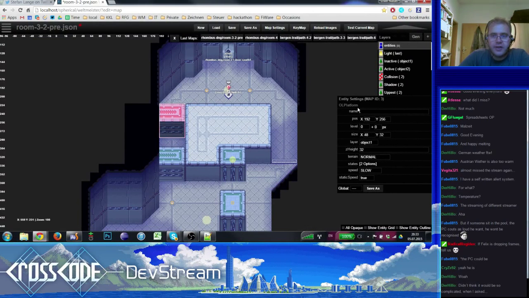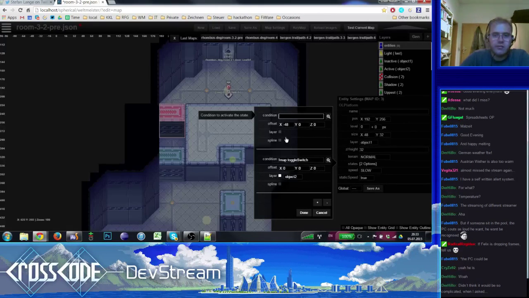And these object layer platforms also have the option to move themselves to some places, and you can just define this via several states. The first state just says, like, 48 pixels to the left, so it's essentially hidden inside the wall. And if map toggle switch is not active, so this one is true when it's active, but if it's not active, you just go back to the regular position, so there's no offset. That means it's exactly as you can see it on the map here.